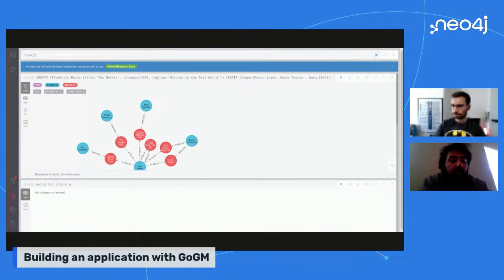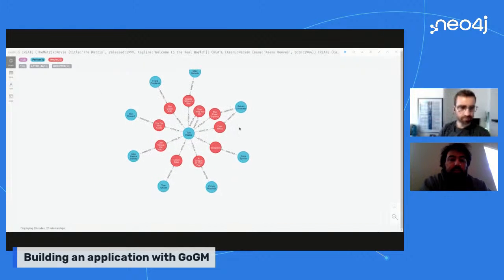Actually, let me start with this. So I'm going to share my Neo4j tab so I can explain this a little better. All right. Can you see? Okay, cool. So here's the basic movies data set.